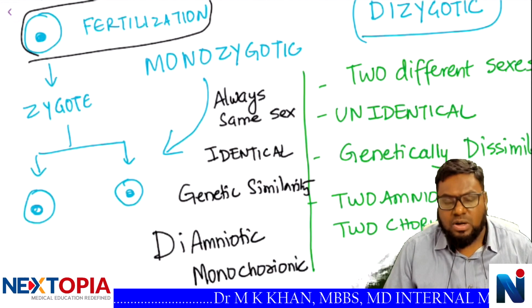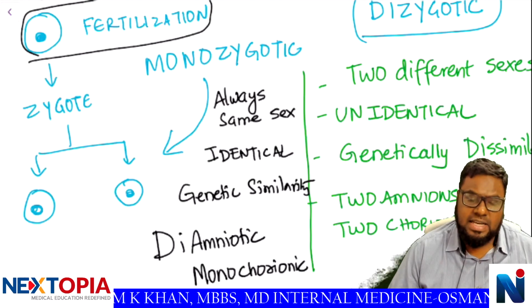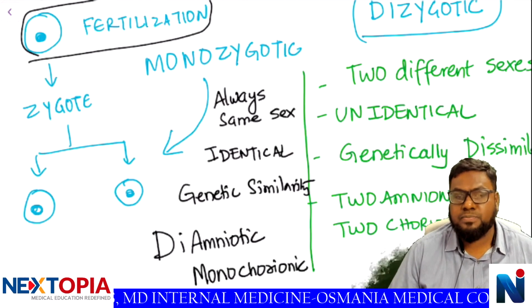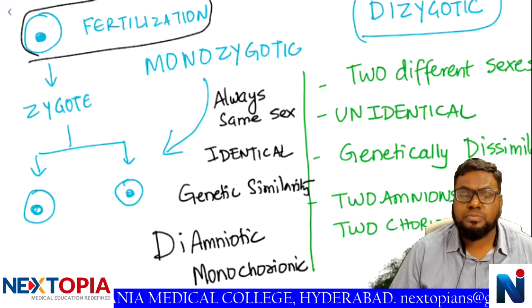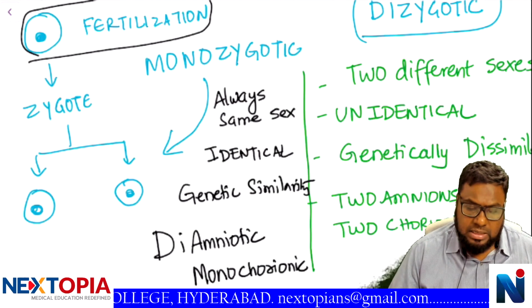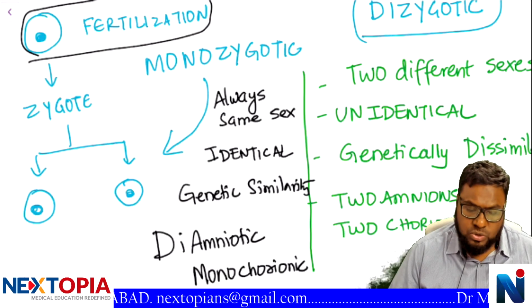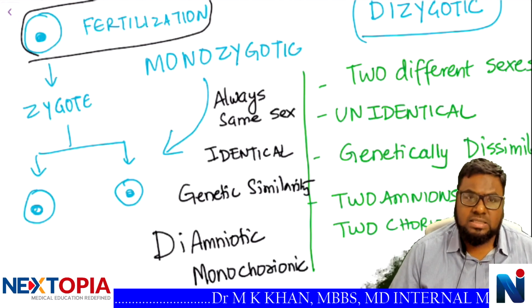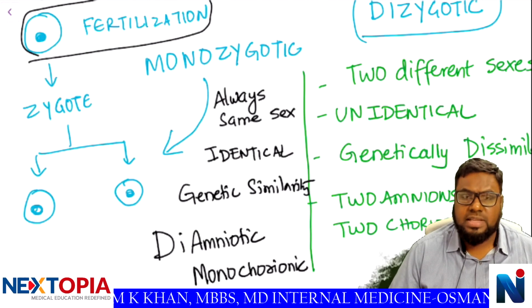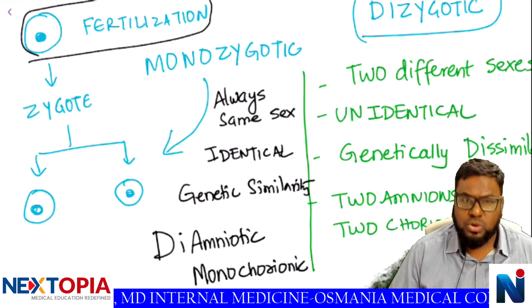The monozygotic twin always has the same sex, whereas dizygotic twins may have different sexes. I'm not saying they always have, they may have different sexes. And monozygotic twin is usually identical. Monozygotic twins usually have genetic similarities, and they have a diamniotic and monochorionic type of placenta,